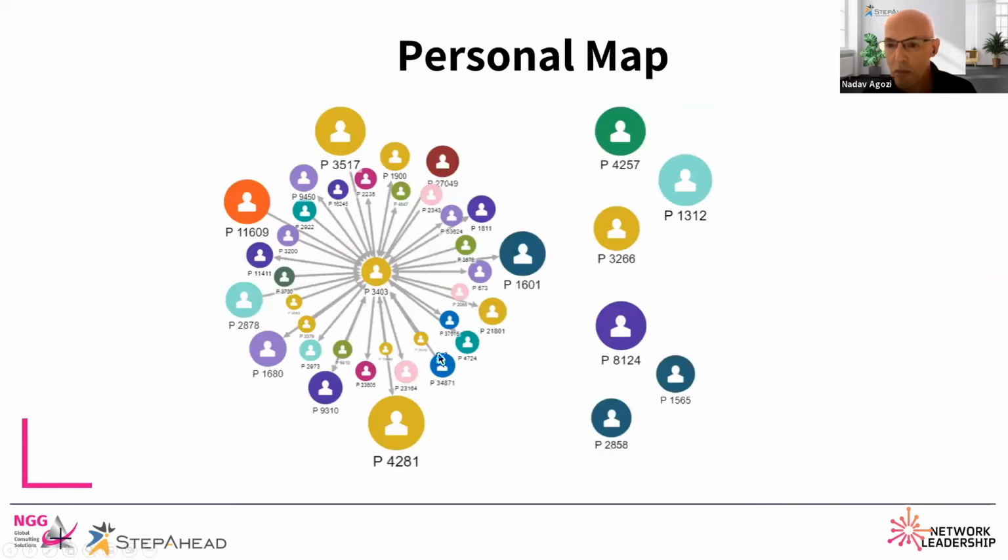When you see your personal map, and that's a different presentation of network, but that's a personal map, I see the people I'm connected to, but there are many things I can generate from that. But one important thing I would like you to notice is that I can also see the people in the company that I'm not connected with. And if there is someone who is a big circle, meaning that this person is dominant, is a connector, he has lots of connections, he could be of great value to me. It means that if I need to create an impact, I would like to talk to this person. And maybe this is my next step.